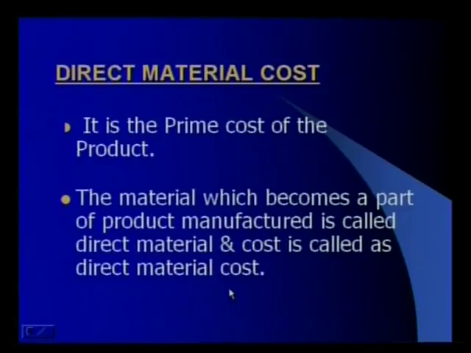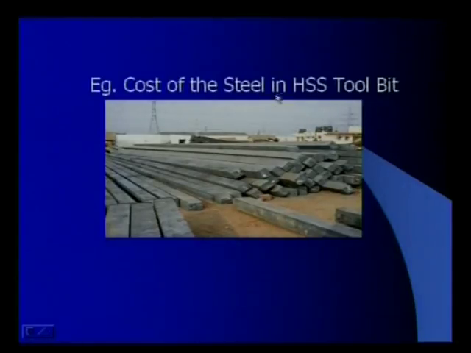So, if you take up any product, we are going to take up a raw material. Take for example a steel utensil, for which you require certain raw materials, say steel. So, the steel for that utensil is called direct material, and the cost for that steel is called direct material cost. Or if you take one more example, the cost of the steel in an HSS tool